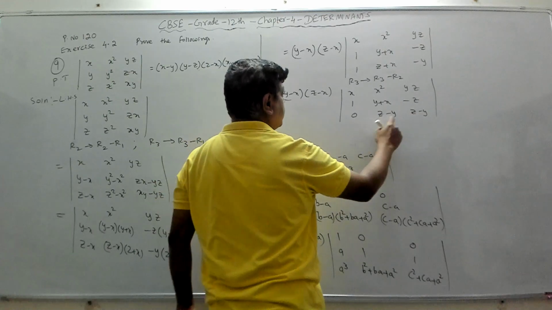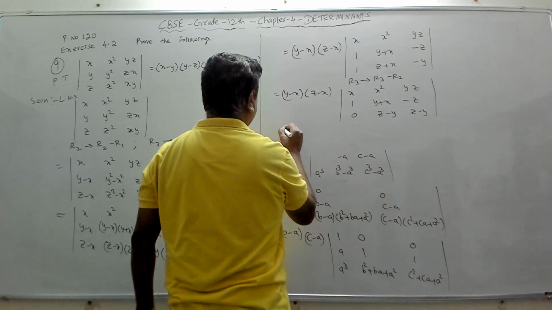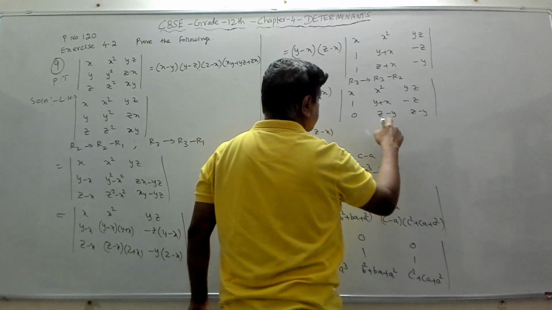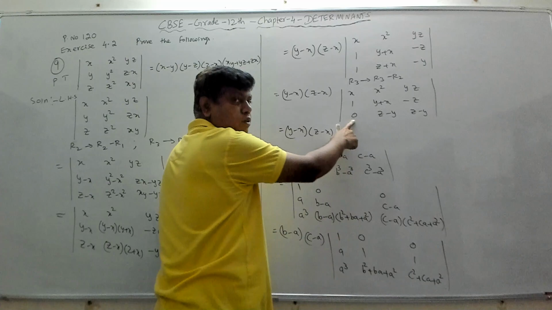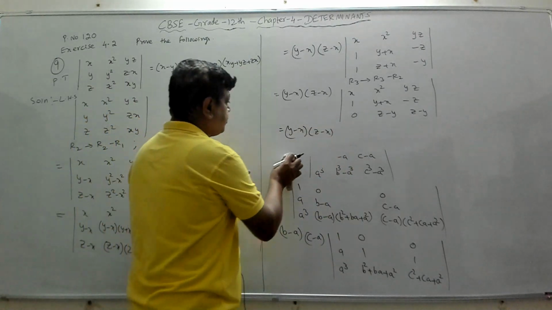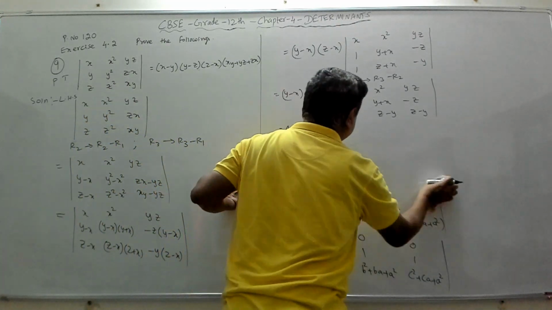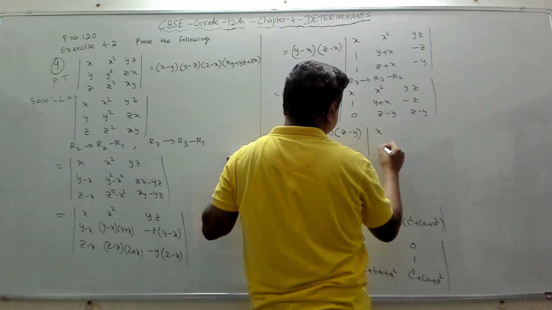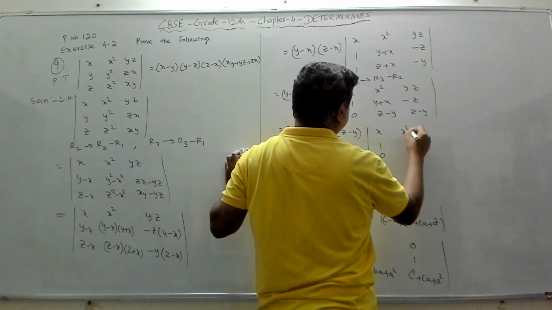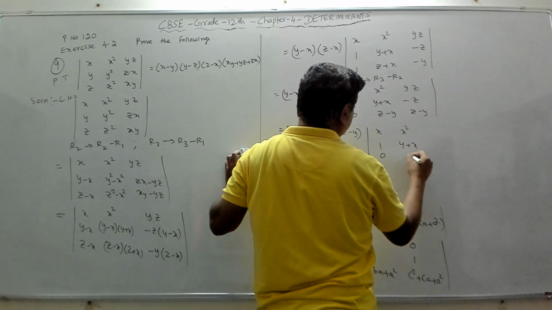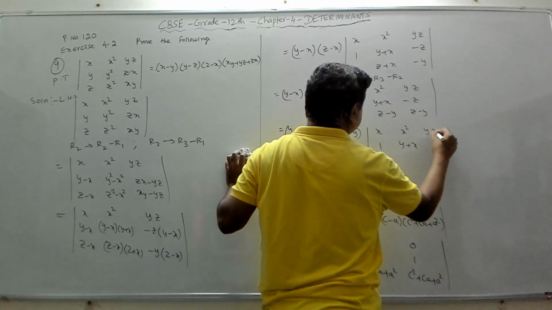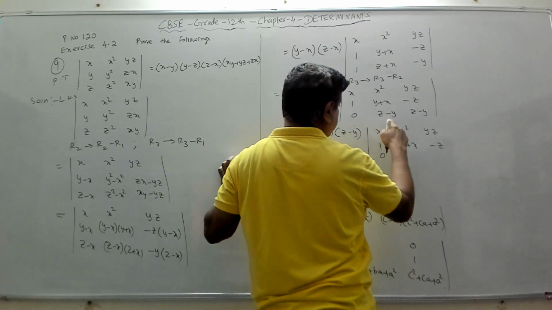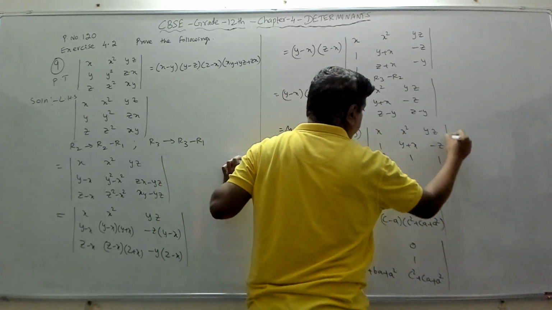Now again, if you observe here, z minus y is common in this row. So that can be taken out of the determinant. So it will become z minus x into here. Z minus y is here, here, also here. Fine. So if I take z minus y out, common, then your determinant becomes x 1 0, x square y plus x, y z minus z. So I am writing the first row and second row. Third row 0, here z minus y is taken out, so it will become 1 1.